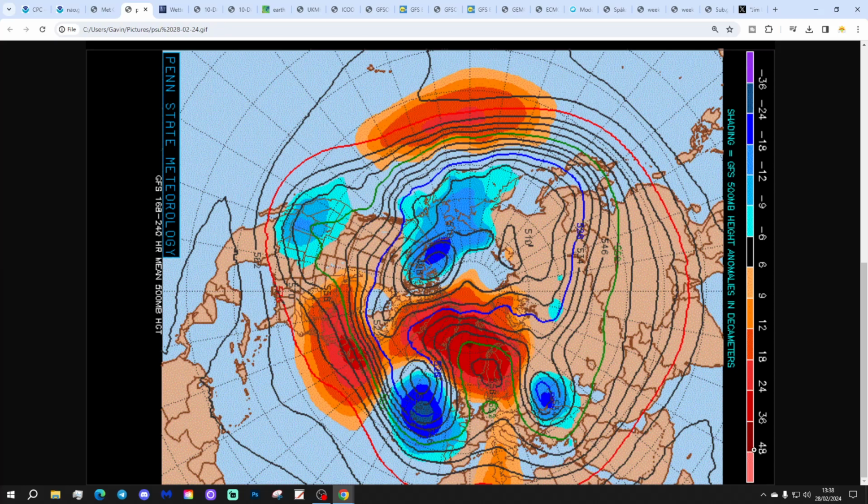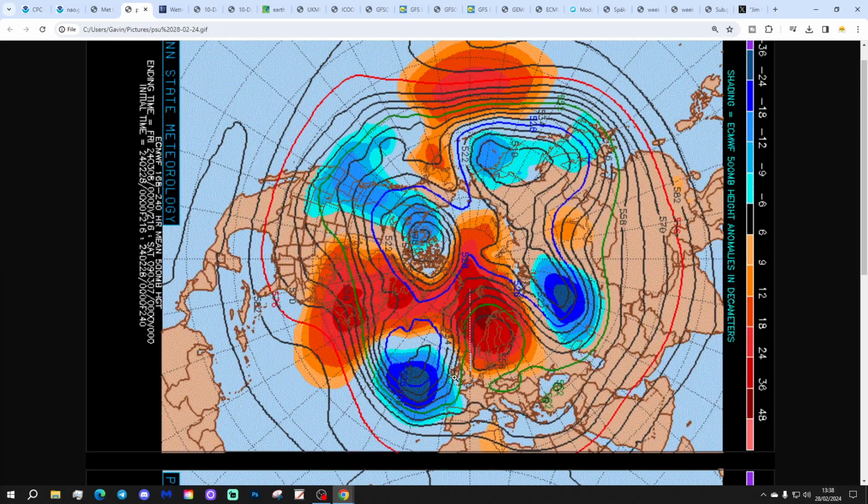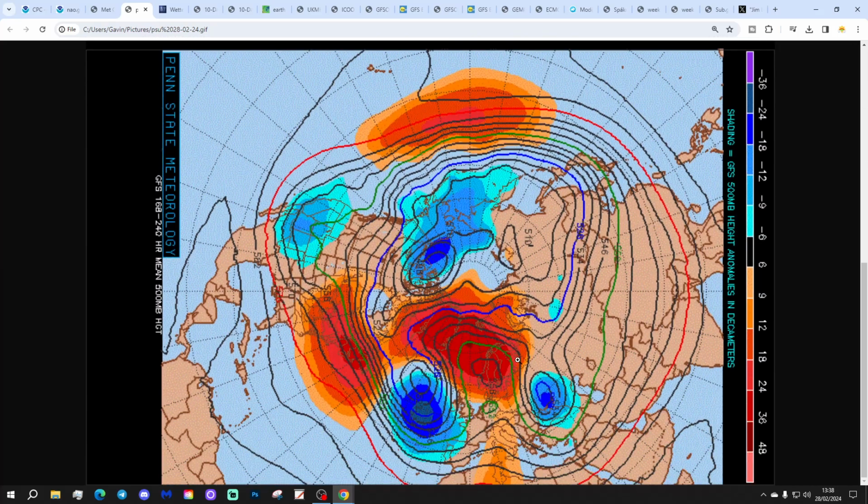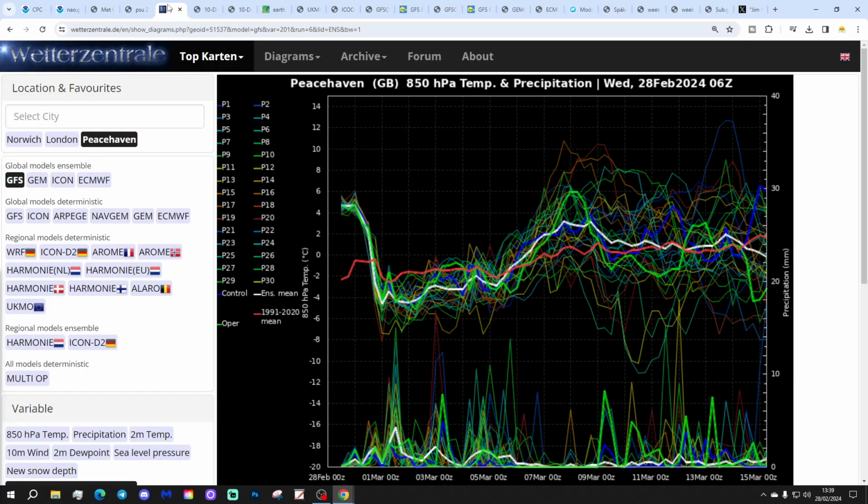So if the high pressure predominates, then we could go into a drier spell. But if that low pressure starts sending up weather fronts, and it looks like it could do on both of those scenarios, it looks like low pressure is close enough to us to be throwing up weather fronts and lows and whatnot. That could actually be a very wet pattern, because those low pressures and weather fronts could get locked in over the country by this block. So the high pressure would stop those fronts from clearing the country, and that can actually be a very wet pattern. So we've been thinking March would be a dry month, but could the deluge actually continue into March?